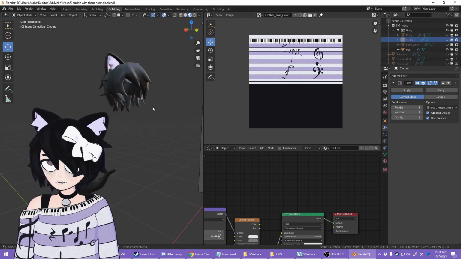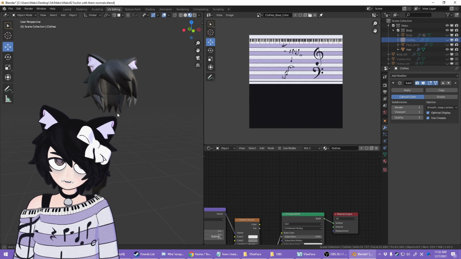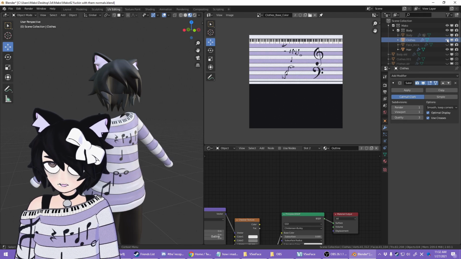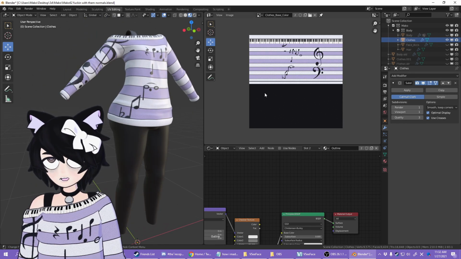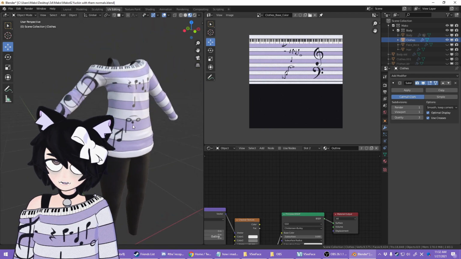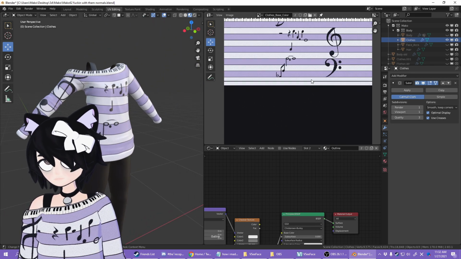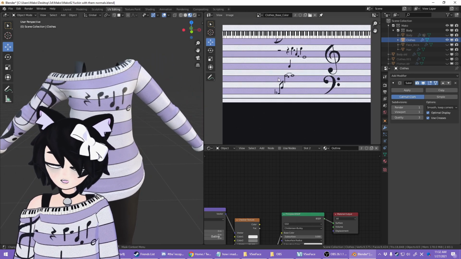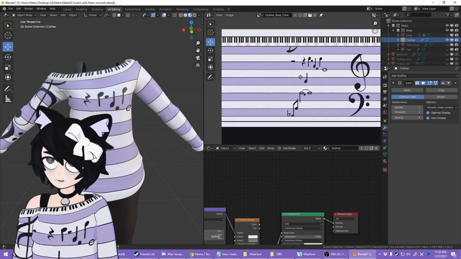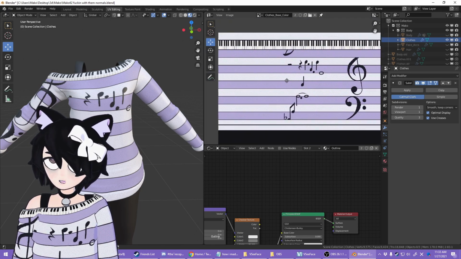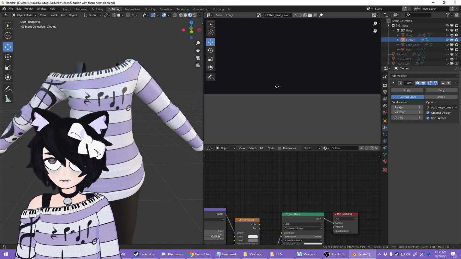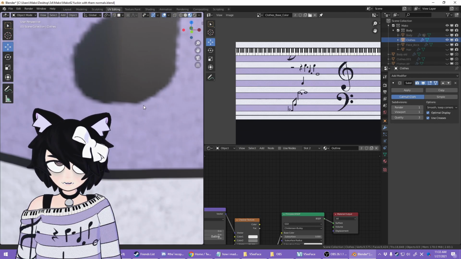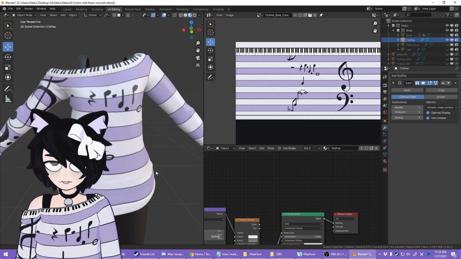So, assuming you don't have to worry about that, you are also going to want to merge things based on space efficiency. You've got to think to yourself, hey, there's a lot of surface area here on the clothes. Do I want to just have one image for the texture work here, or maybe do I want multiple? I maybe could have done multiple. I think in this case it's fine because it's mostly just the shirt here, and it would be kind of weird if the shirt wasn't all on the same texture. So, I don't know. It works for me, it's fine. If you zoom in super far, things start getting a little pixelated, but it's fine.